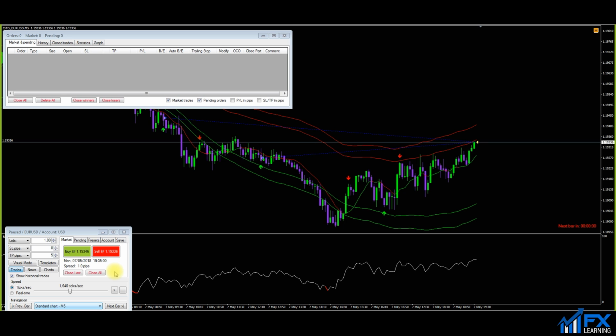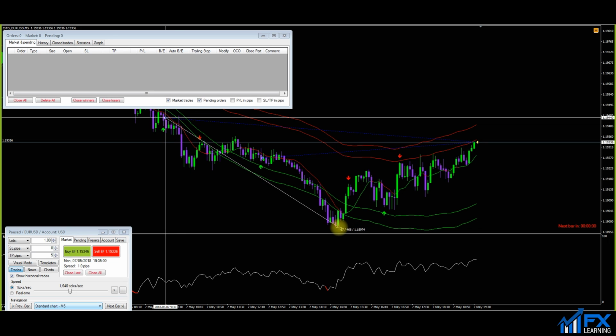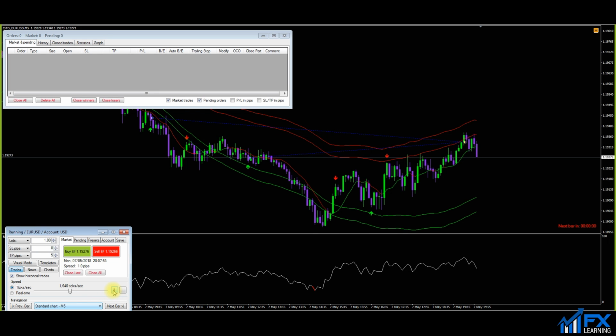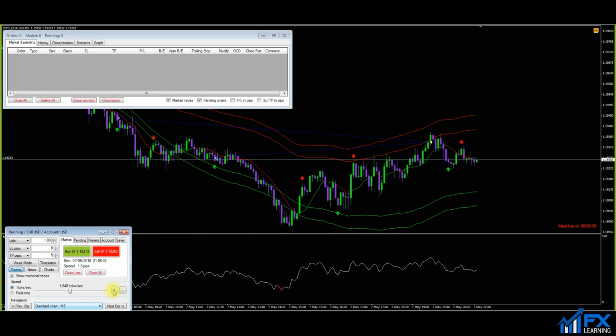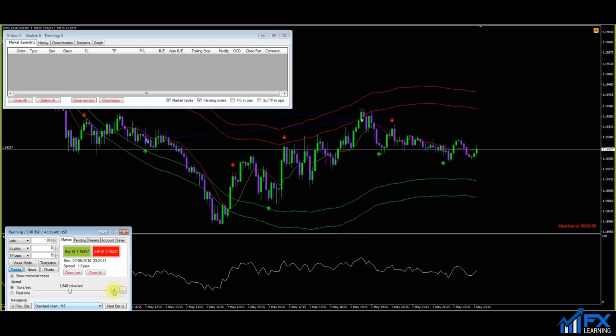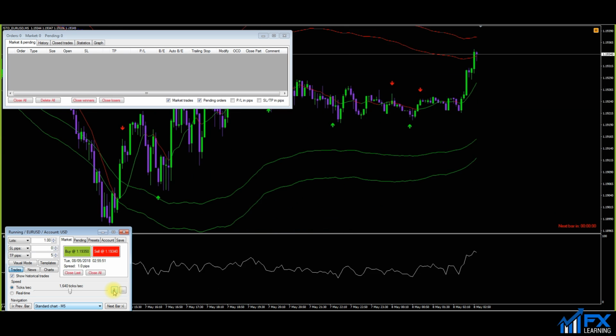Or do we do what I've done here and just try and average myself out of the position by increasing my lot size and taking myself to a better trade? Because overall, this trade put me in a 50 pip drawdown, which is something I do not want to be getting myself into. So all along taking notes, I could sit here now and I could probably try and get this account